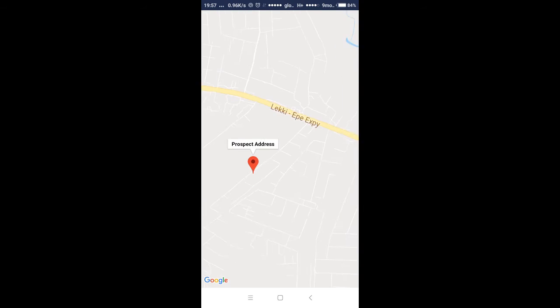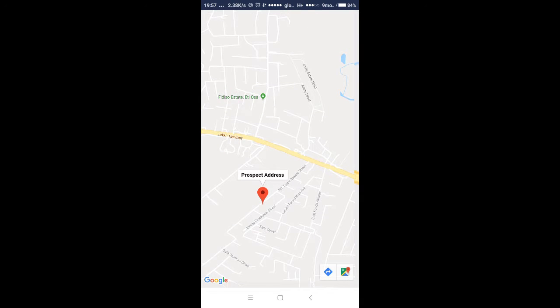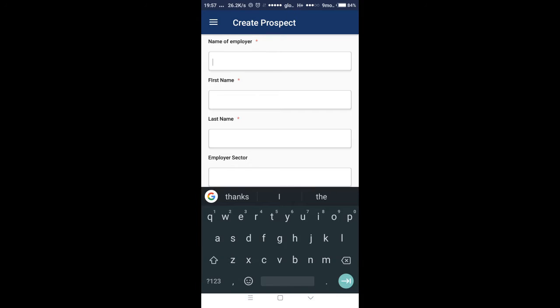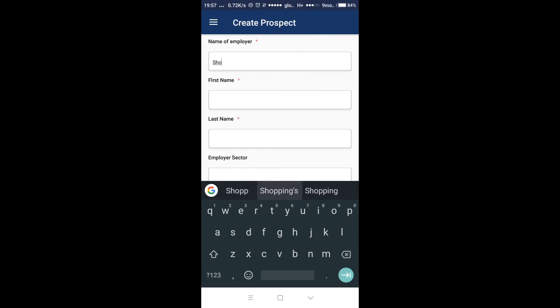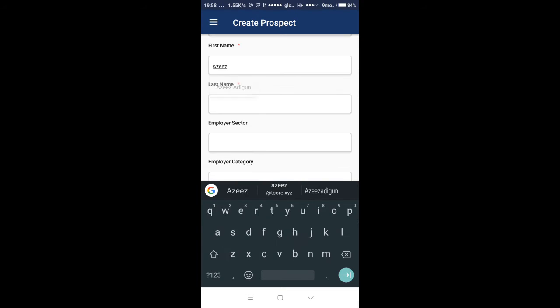This is the prospect address. If I zoom in, I'll have something like this. So currently I'm around this place. So that said, I'll be putting the name of the employer. For example, let me use Shopping Internet Services, my name, and in this context I'm using my name for this prospect. My name, Aziz, my last name,